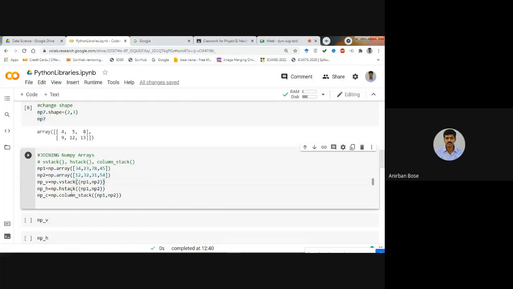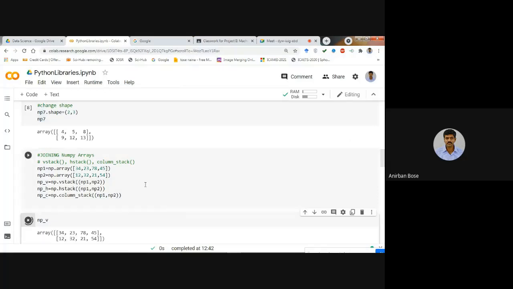Now if you want to stack them vertically, if you use vstack, then the command is np.vstack, and within parentheses you write np1 comma np2, again within parentheses. If you do that, you see the output of the vertical stack.